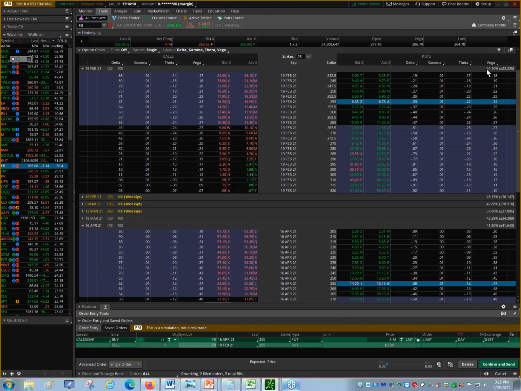Next thing I want to do with volatility is make sure that Vega does not increase more than 3% to the one that I want to buy. Why? If it is increasing, that means that I'm paying more out here than the ones I'm being able to sell it for. I don't want a major discrepancy between these two. I don't want a 5% increase. I would not want to be trading a calendar if this was saying 50, because that would be well outside of my red light range, right? Remember my analogy? If it's less than a 3% increase, which would be less than 47 in that case, then it is a green light.